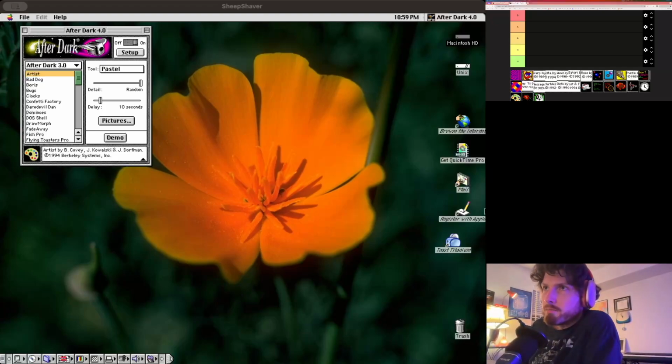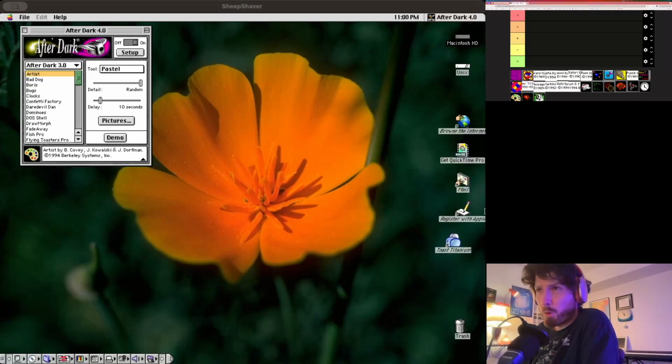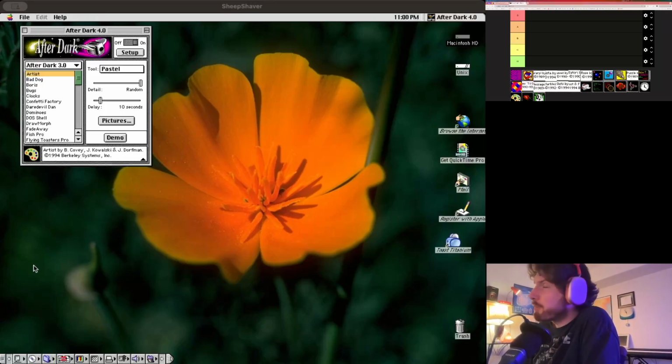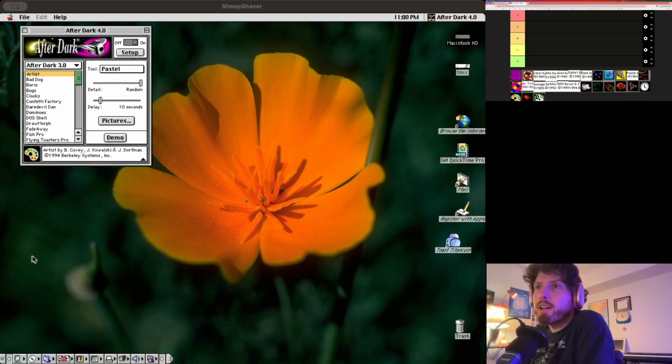Kind of the Chrysler of screensavers, if you will, back in that era was one called After Dark that had a few different versions, four mainline versions, and then there were various expansion packs and stuff like that. I grew up on After Dark. I remember it was a big part of my childhood, and I have very fond memories, a lot of nostalgia about